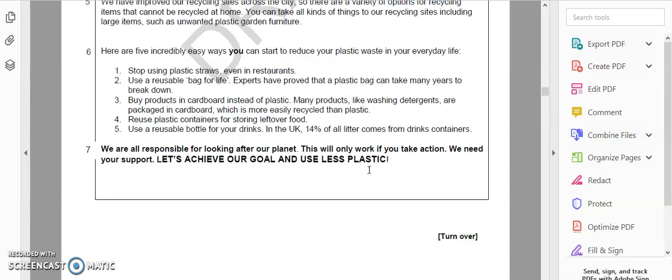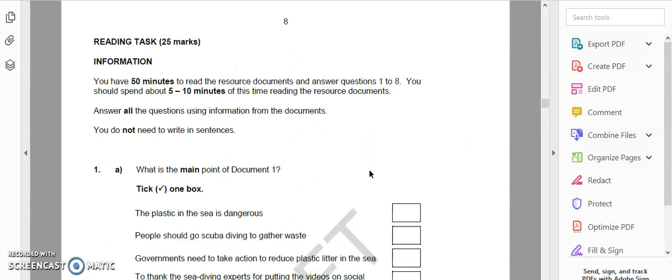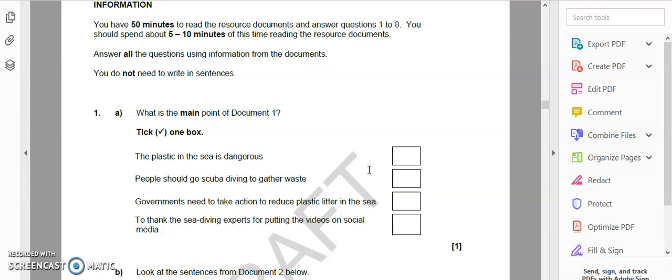Okay, so now you've done that, we're going to look at the questions and go through them one by one and think about how you're going to answer them. Now I'm assuming that you've completed the relevant sections on the Moodle already before you start the mock papers. So this is going to be more of a refresher than anything else. So the main point of document 1. Now as we've discussed with main points,